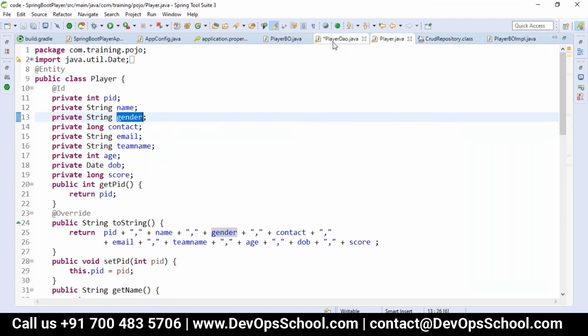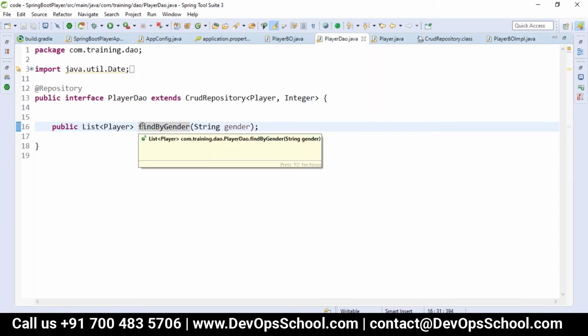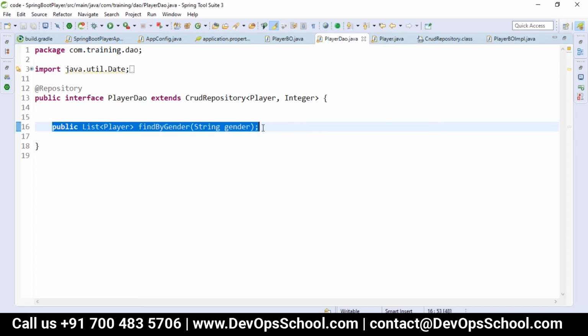So we'll write the method findByGender and pass a string gender, so that it does the same job as your SQL query: select star from table name where gender equals question mark.